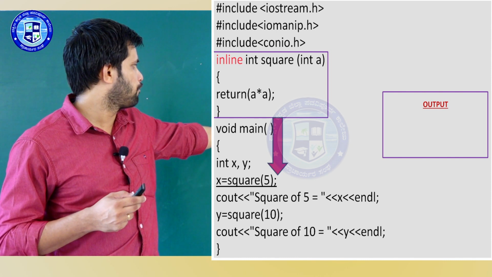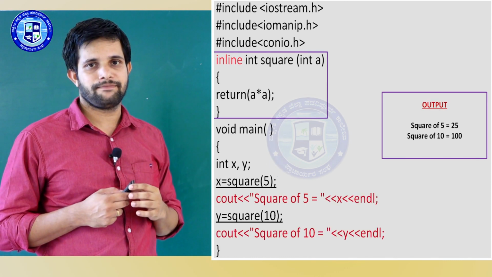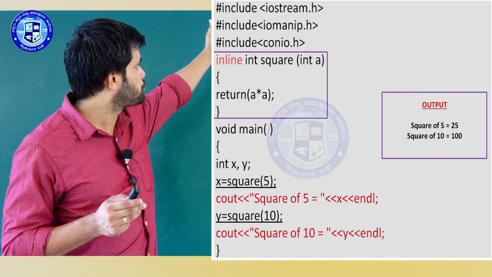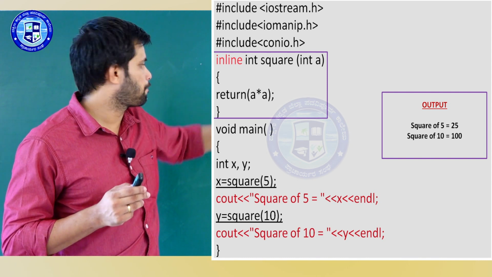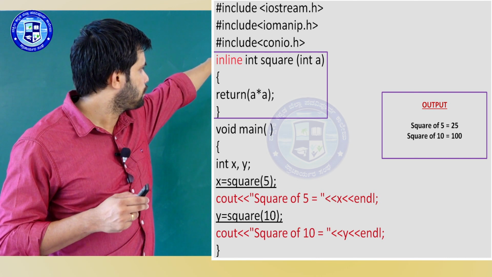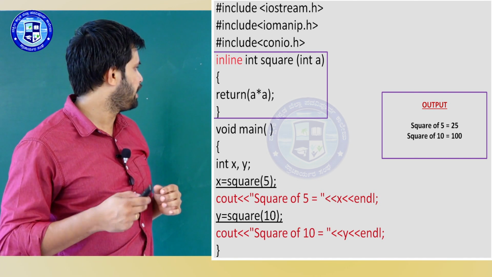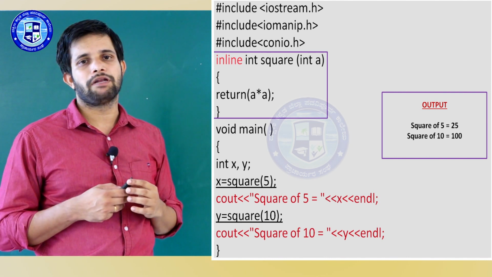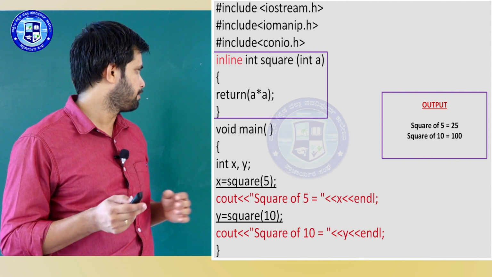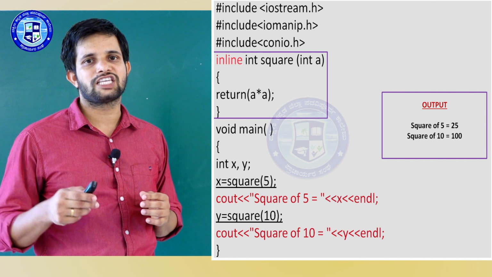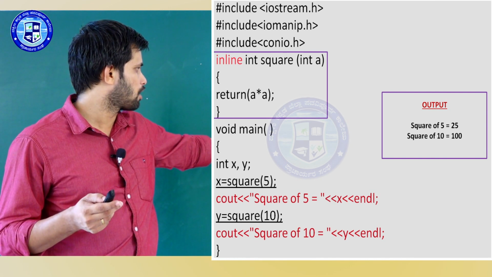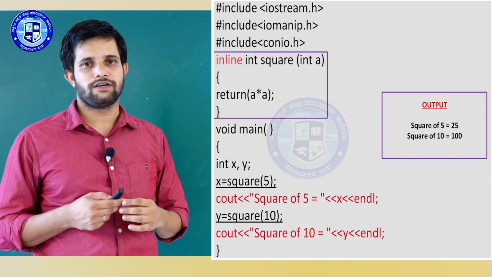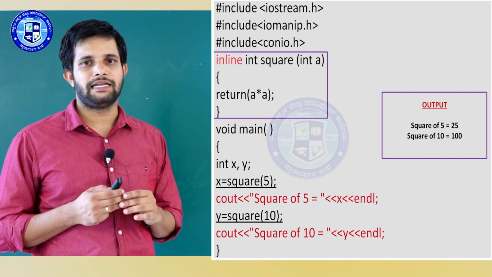Let me call the same function again, y is equal to square of 10. The same function is called. Again I am not transferring the flow of control to the called function. What I am doing is substituting the same body of the function in the place of the function call. In the place of square of 10, I am substituting the body of the function that returns a into a. Here in this case it is 10 into 10. The answer is 100, that is copied to the variable y. Now the value of y is equal to 100. Then you will print square of 10 is equal to y. That means square of 10 is equal to 100. So this is how an inline function works. It is a simple program to illustrate the concept of inline function.